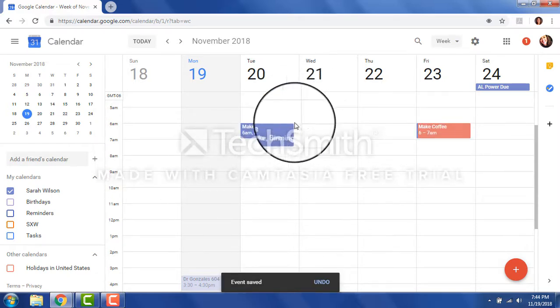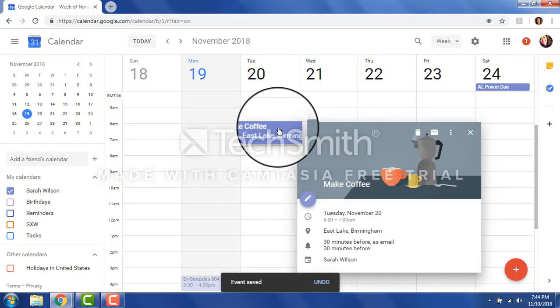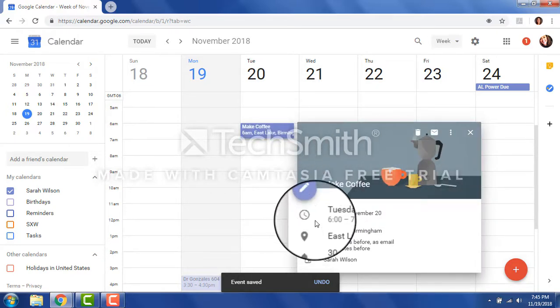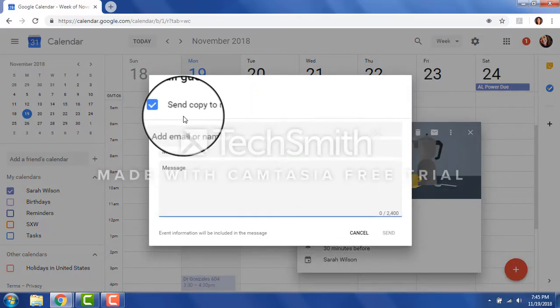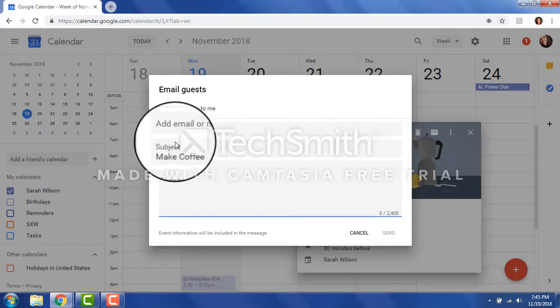You have that power to do that. And then let's say you make a mistake, you can just click on it one time with your left click, and you can either email it to someone. So let's say I'm going to send it to a different email